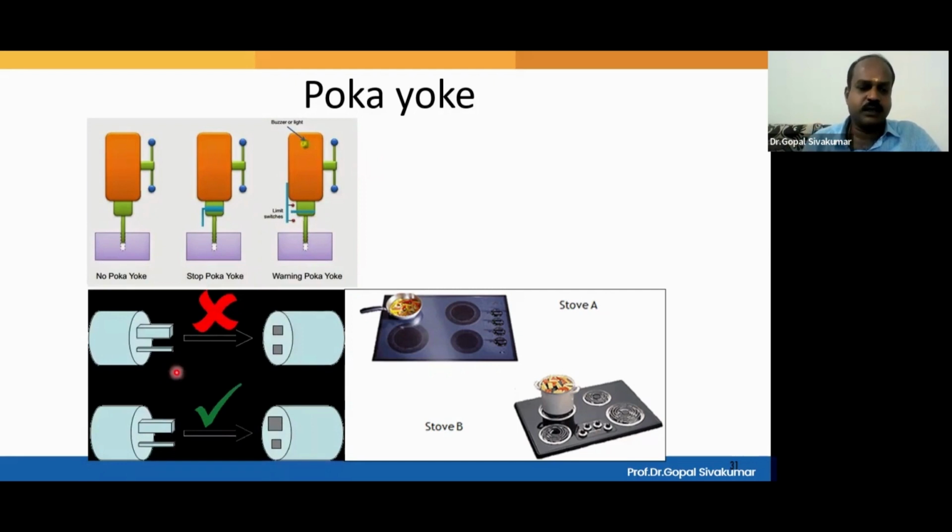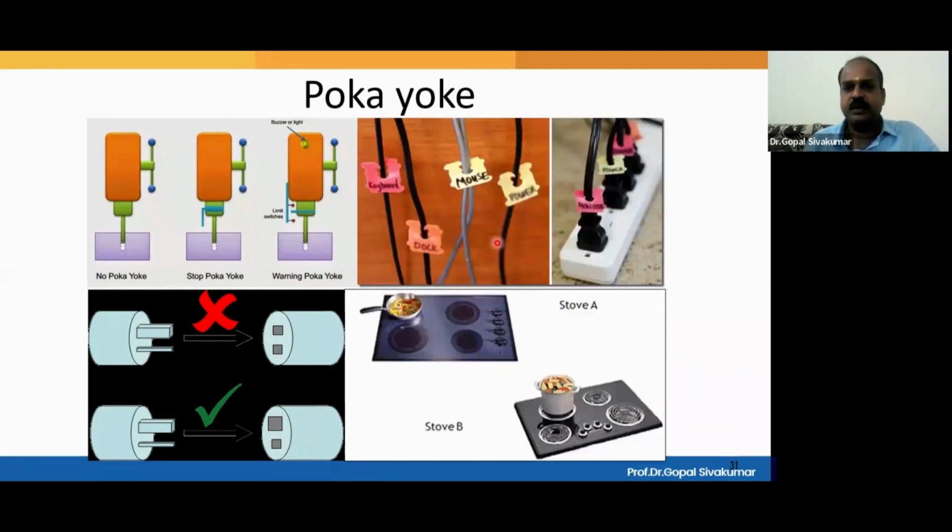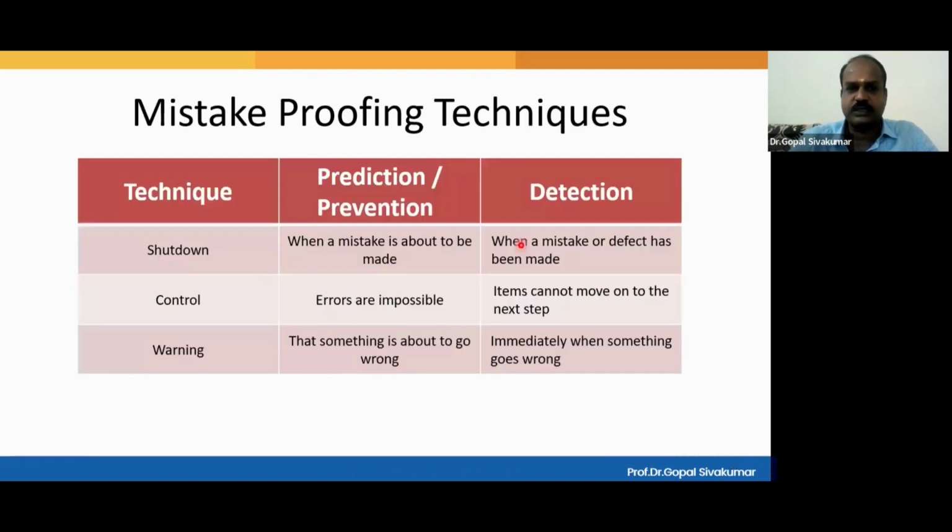And these are other design poka-yokes. People will never be able to insert the plug into the socket wrongly, and that's why the socket and the design is made in this manner. And similarly here, we often search for the particular wire, whether the wire is coming from the keyboard or the mouse or the power socket. So this kind of naming is also a kind of control mechanism. You can consider that as a